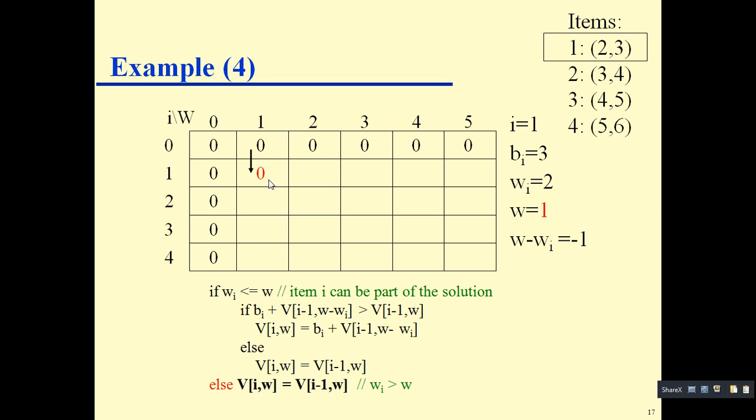Yes, so you come here, you are selecting item 1, and the permitted weight is 2 kg. Item 1 weight is 2 kg, so it is allowed. Yes, so you can include this, which means you have to write the cost here. So what is the cost of item 1? 3. You just write 3, right? And this one means 1, 3, right?